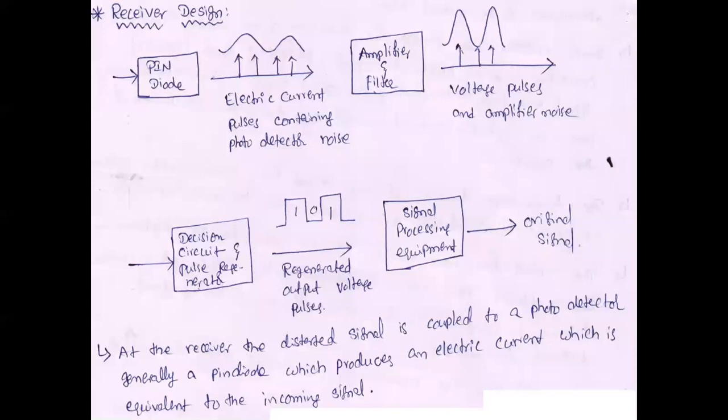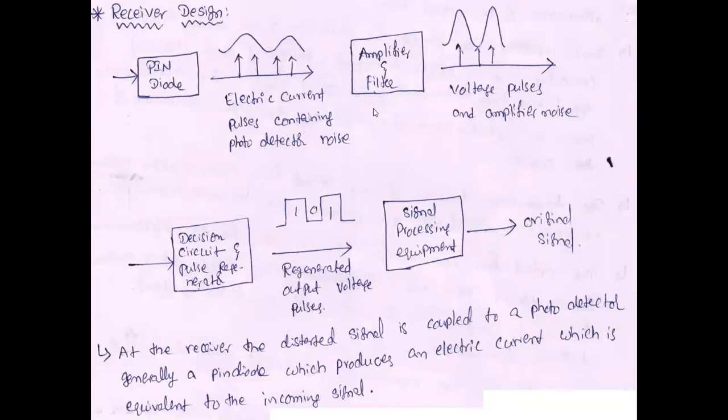Once the signal is received by the photodiode, what are the next steps of the signal transmission in the receiver? In today's class, the first topic is receiver design. Here is a basic block diagram of the receiver blocks. The first block of the receiver is the pin diode. We take either a pin diode or an avalanche photodiode, whichever it is; basically we are using a photodiode.